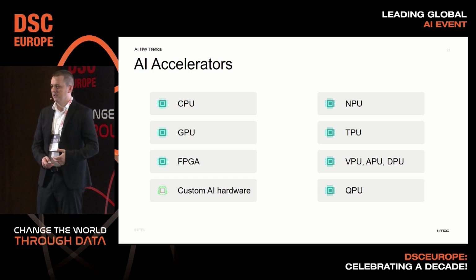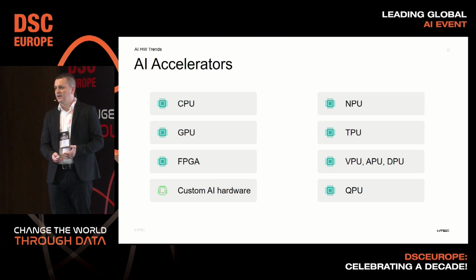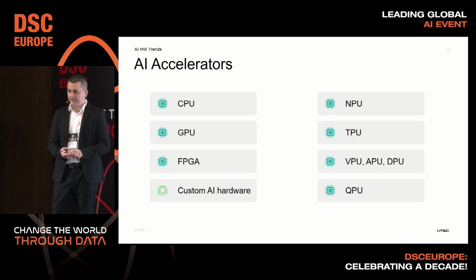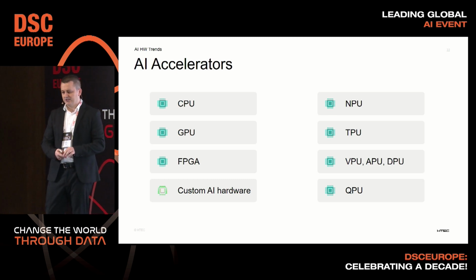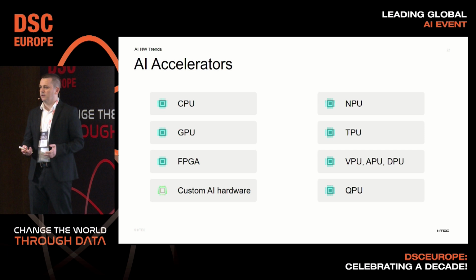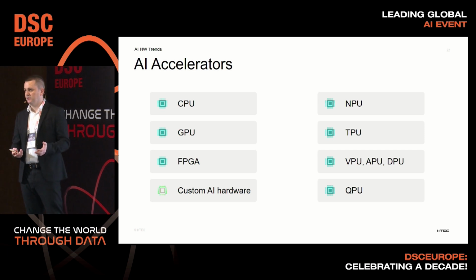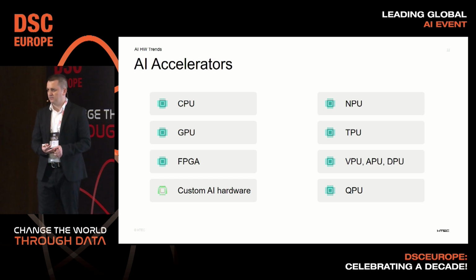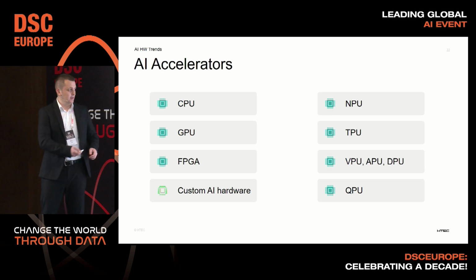So we want to build specialized hardware that will have good parallelization like GPUs, we will just drop the complexity that you have right now in regular CPUs, and we want to have low power consumption and also enable running int4, int8 data types.